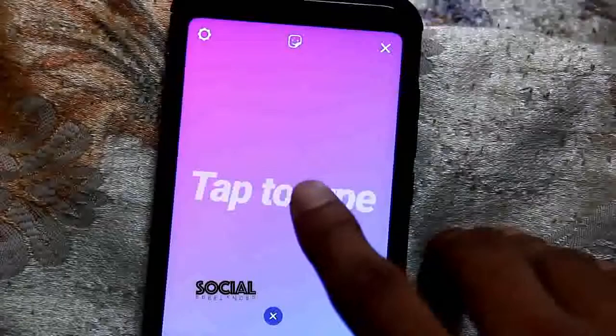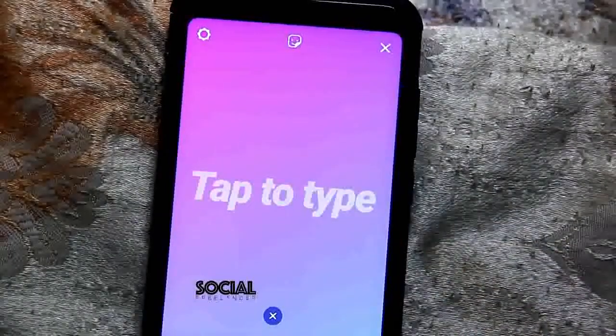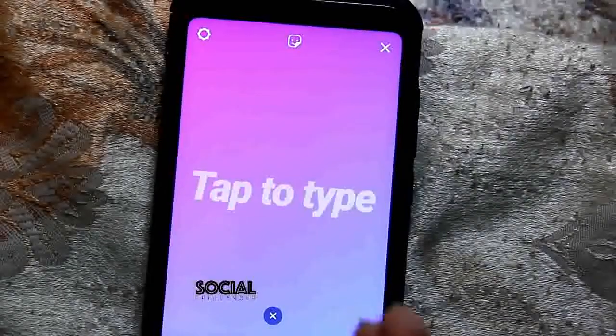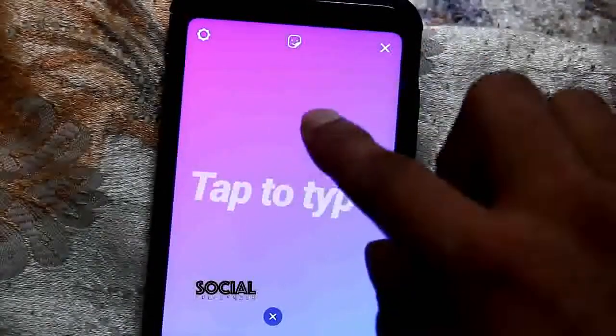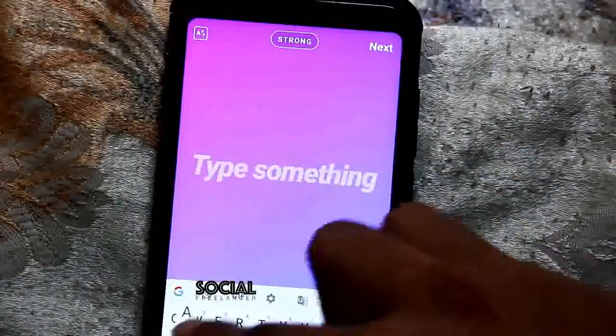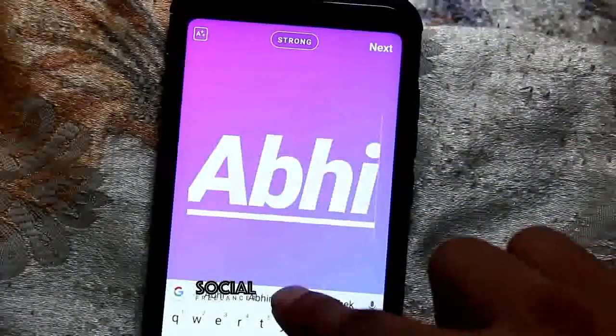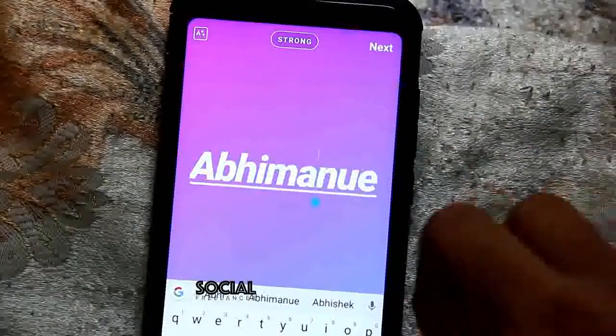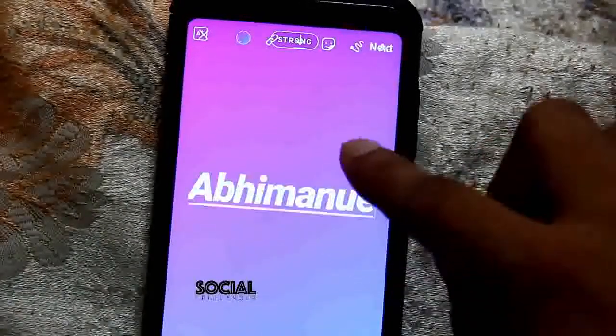Just open the Instagram story option, and if you want to add any image into your Instagram story you can add, or else you can type in a blank space like this. So if you're not comfortable with this color you can also change the color, okay, but first you have to type the text. As of now I'm typing my name, okay. I have written my name. I'm going to change the color,